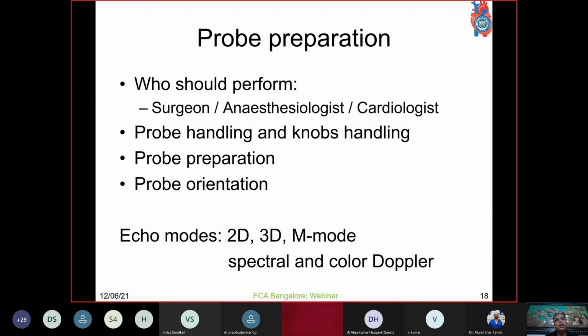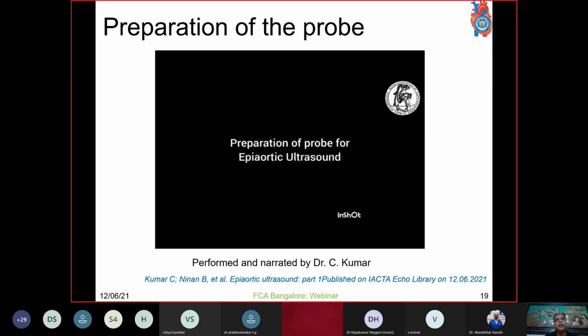As we are working in the sterile field, somebody is working with the probe on the surface of the heart, and the other person has to handle the machine. So we require two people to complete the epiaortic or epicardial examination. And then it comes